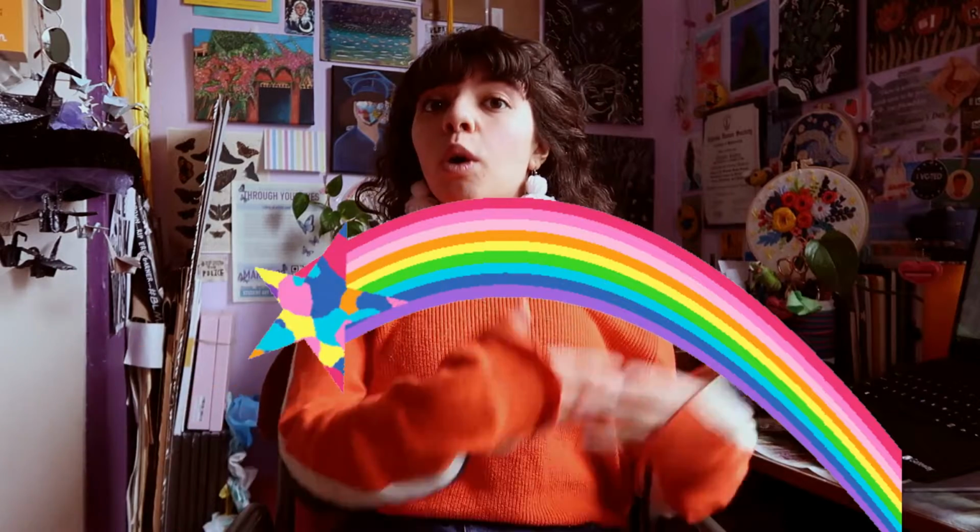So I'll be going in order of the rainbow, Roy G. Biv. We all learned it in elementary school, so January, red. That's what we're gonna be talking about today. Okay, enough for the intro. Let's get started. So the first red book that I read in the month of January was The Last One